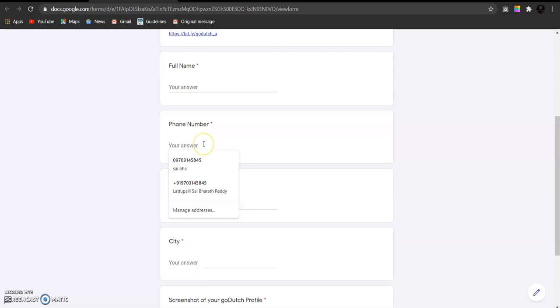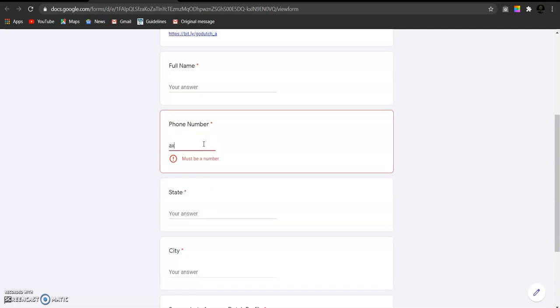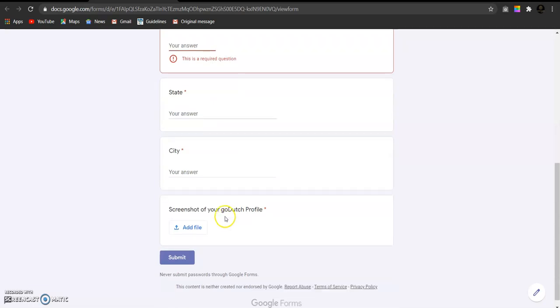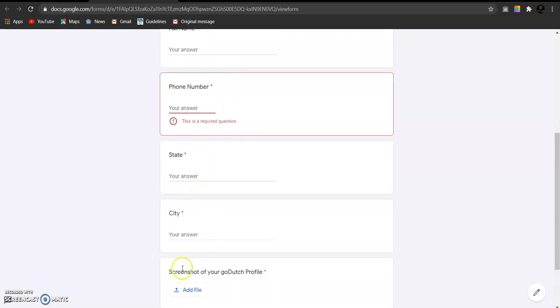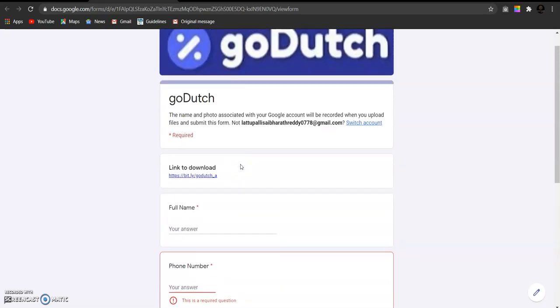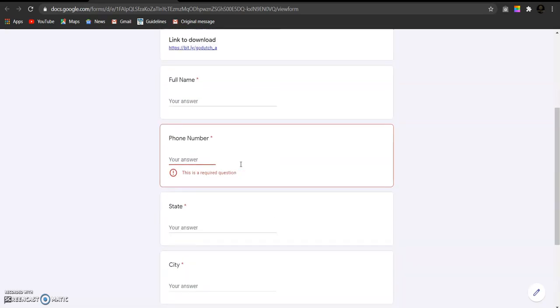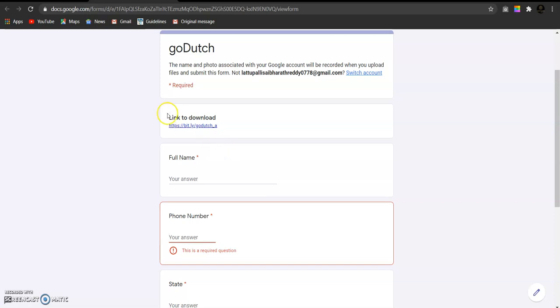Whenever a user enters some characters in the phone number, then it will prompt the user to enter a number, and until all the required attributes have been filled, the form cannot be submitted by the user. So I personally suggest you download this app, as it has some great features.